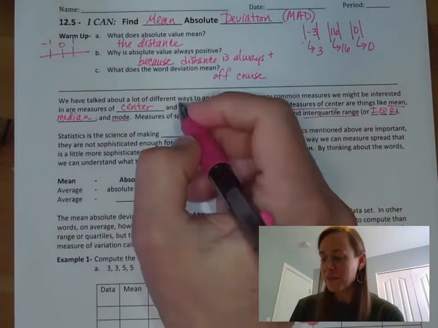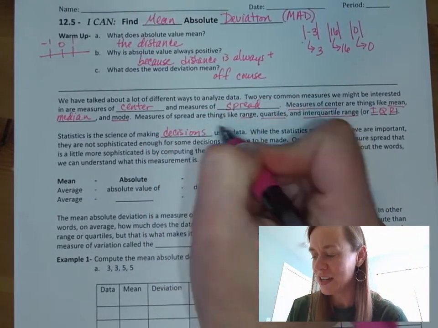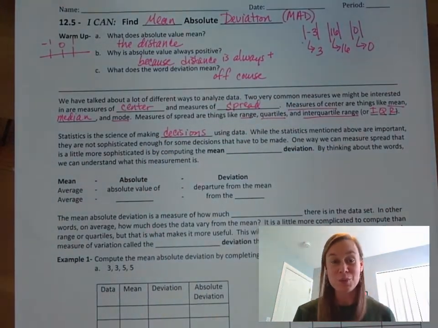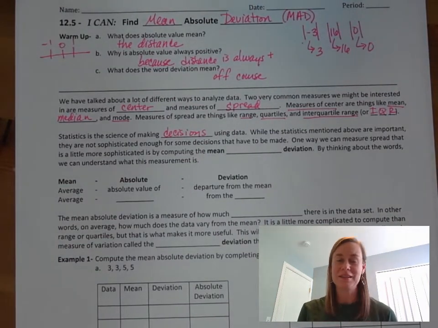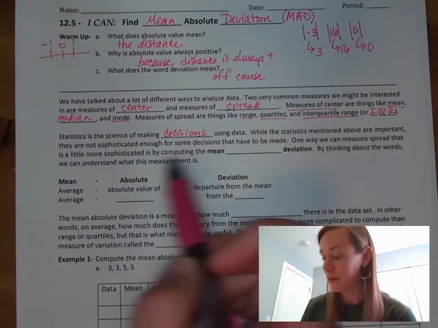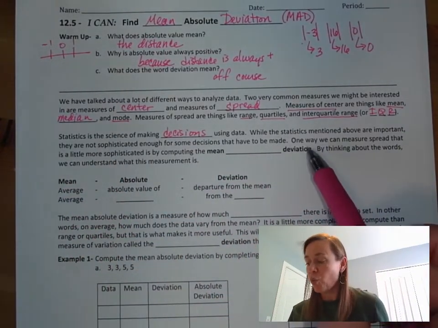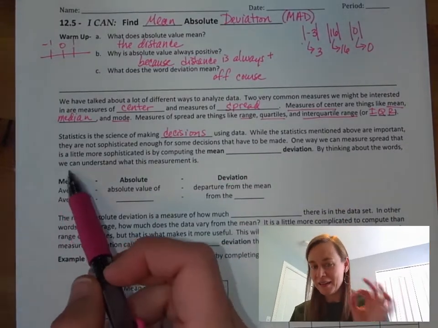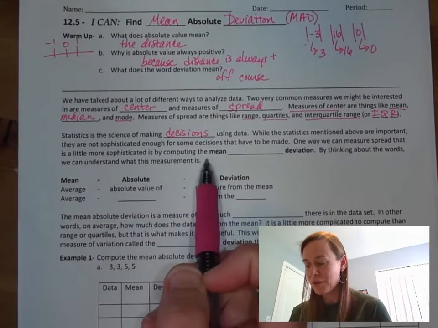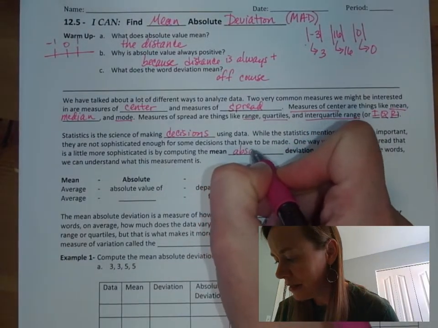Statistics is the science of making decisions using data, or at least the science of arranging the data in a good, intelligible way so that people can make decisions based on it. While the statistics mentioned above are important, they're not sophisticated enough for some decisions that have to be made. One way we can measure spread that is a little more sophisticated is by computing the mean absolute deviation,